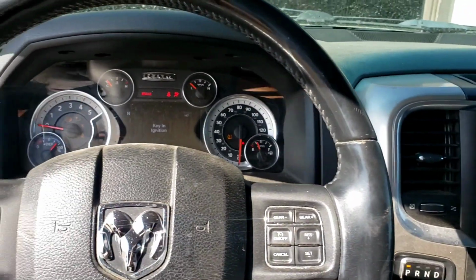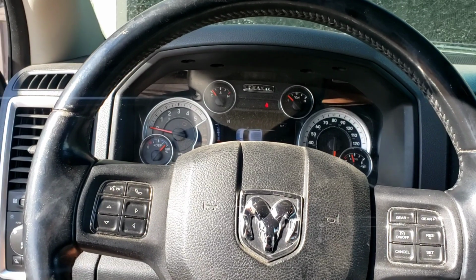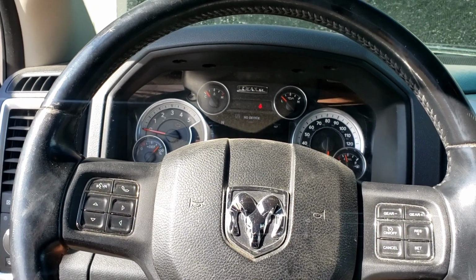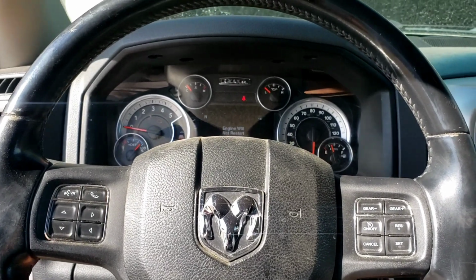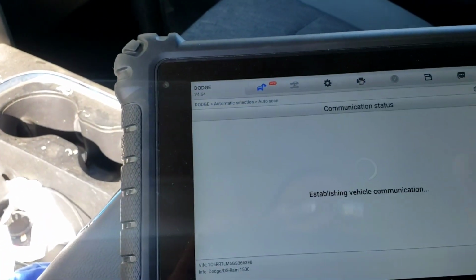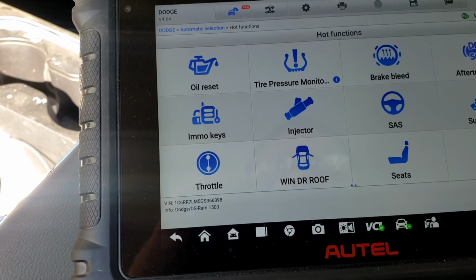They're going to have to fix that coolant leak. The connectors are good for now. Eventually they might want to put new connectors in, but it's good for now. It'll be fine, especially in this dry climate here in Idaho. But fix the coolant leak. And then this DEF thing, I don't know if it needs a regen or what it needs, but I don't want to do a regen